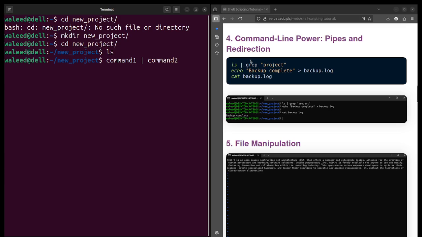And next I have grep. What does it do? It searches for that specific word or command line. For example, I have used ls piped with grep protect, so it will go to those files and search for the word protect and let me know about it. So it will be really helpful if you want to search for something.